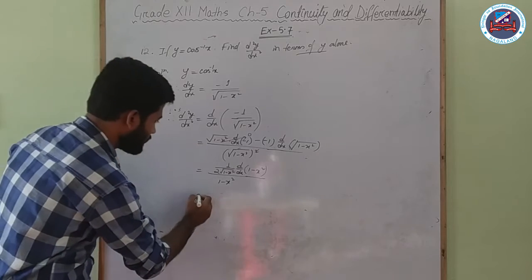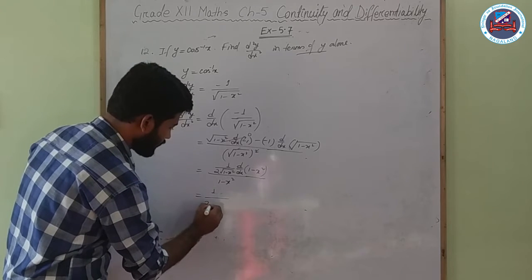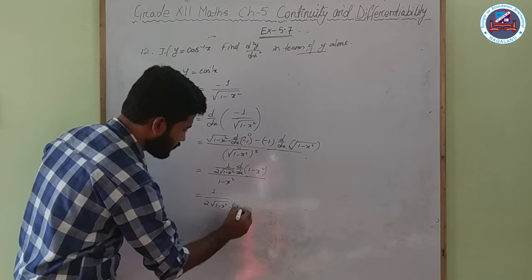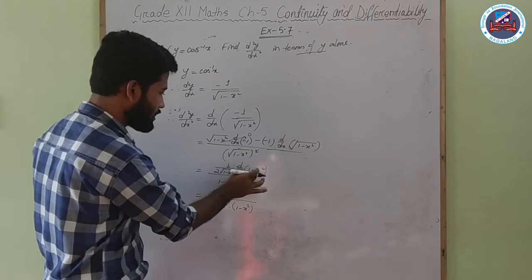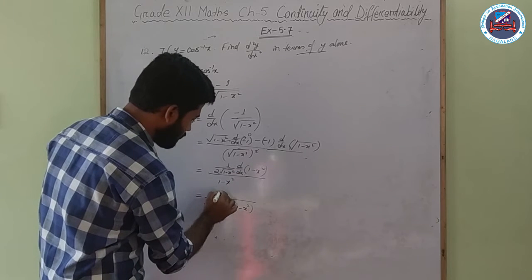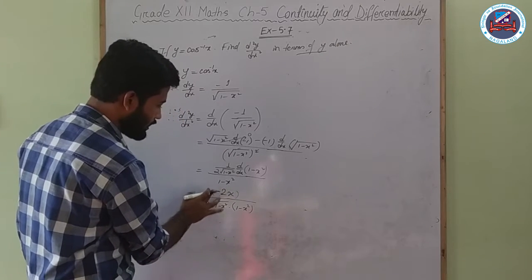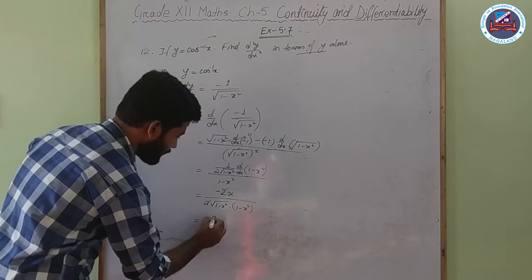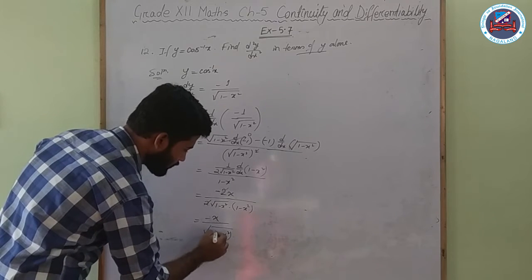Fine. Now that is equal to, I can bring the 2 down here, and 1 minus x square into 1 minus x square in the denominator, and in the numerator we shall have, if I differentiate it, d/dx of 1 will be 0 and d/dx of minus x square will be minus twice x, and earlier we had a 1 multiplied by it, so I am just omitting that part. Now I can cancel out the 2's, and at the very end I shall have minus x divided by root over 1 minus x square whole cube.